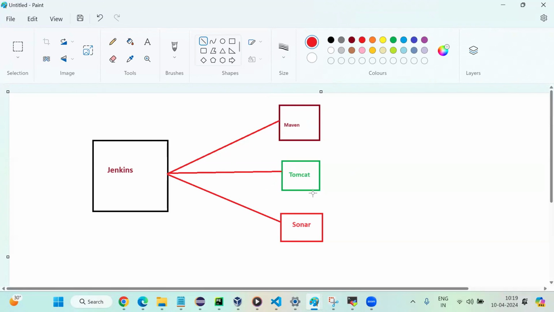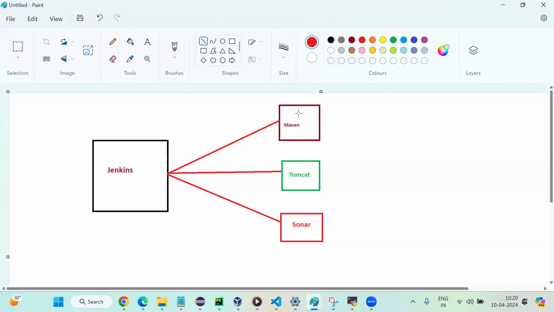Why? In the Tomcat server, there is no Jenkins at the time. But if we have installed Tomcat on the same server, both would run on the same port. That's why we changed the Jenkins port number from 8080 to 8081. There is no conflict now, right? The same thing, if three servers are running, Jenkins has to run the Maven job, the Maven goal. In the Maven server, no need to install Jenkins. We need to configure with this only,